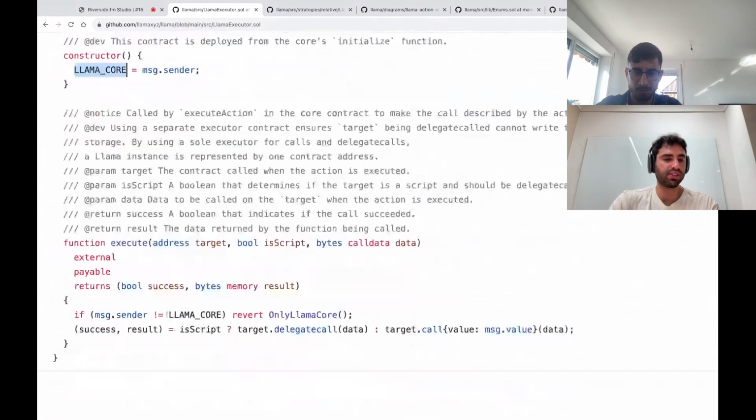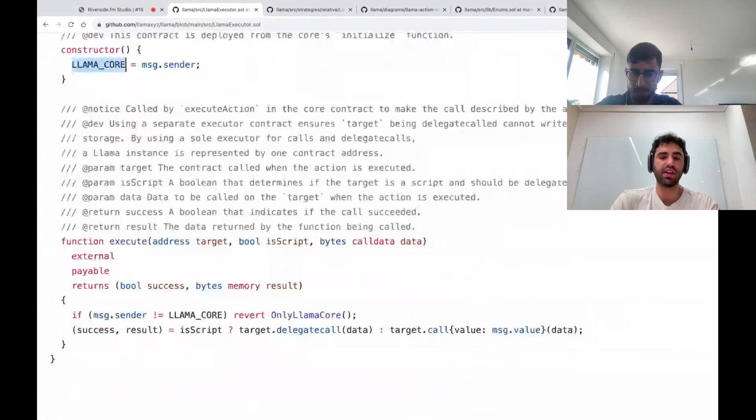And all it does is it checks if it's a script, and scripts in the Llama system are defined as contracts that can be delegate called. So that makes them really handy to do common governance actions that you want to automate or provide an additional layer of abstraction over.